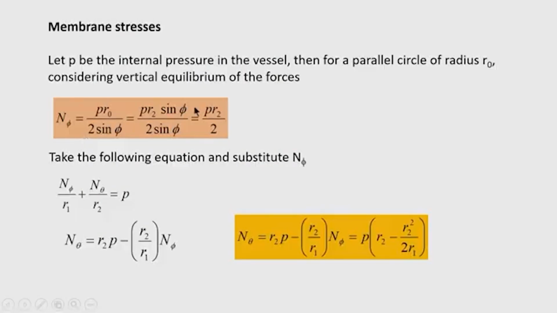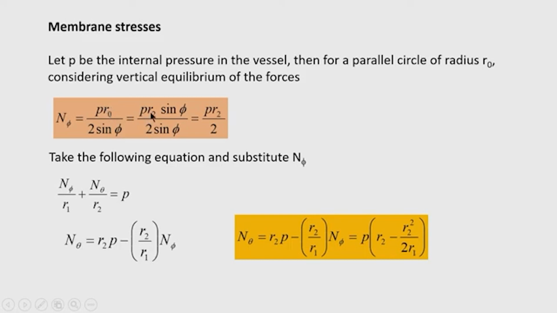So, N phi sin phi into 2 pi r naught will be the total vertical component of N phi, and it is equated to the total force produced by the internal pressure at this level. So, it is p pi r naught square. So, after simplification we get N phi equal to p r naught divided by 2 sin phi,